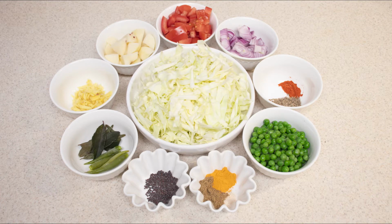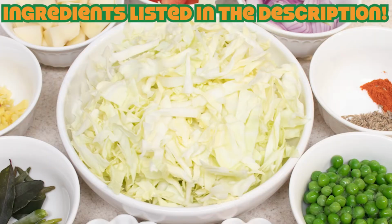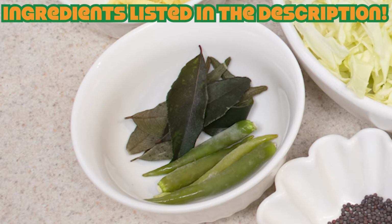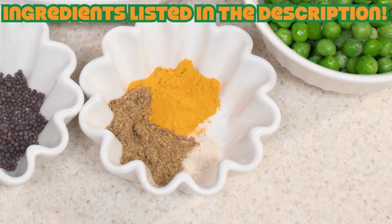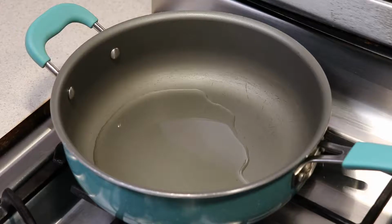Today we are making Patta Gobi the Sabji or cabbage curry. For this recipe, we're going to need cabbage or Patta Gobi, onion, tomatoes, peas, potato, curry patta or curry leaves, ginger, mustard seeds, Jeera or cumin seeds, salt, Heeng powder or Asafoetida, turmeric powder, red chili powder, green chili whole, Garam Masala, and oil. Alrighty, so I already add oil in a pan and turn on the stove on medium